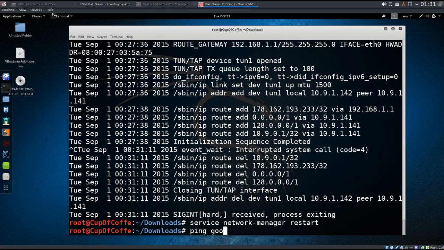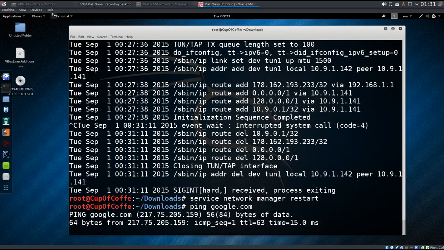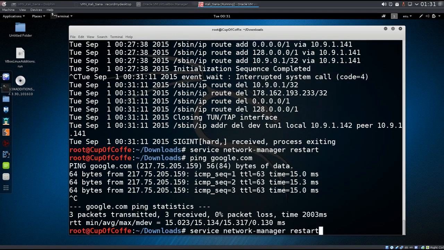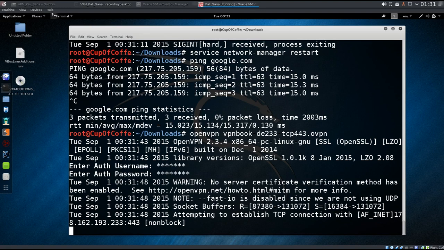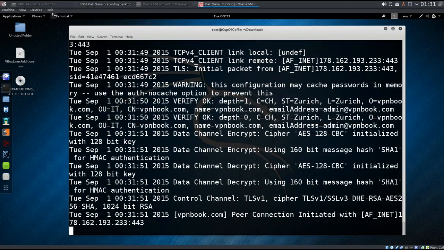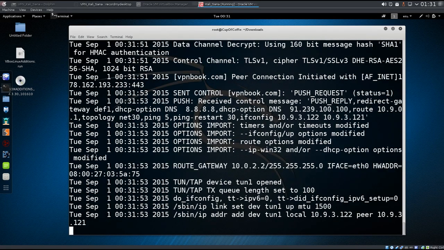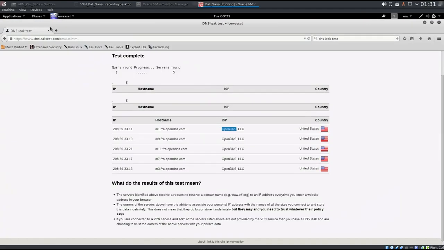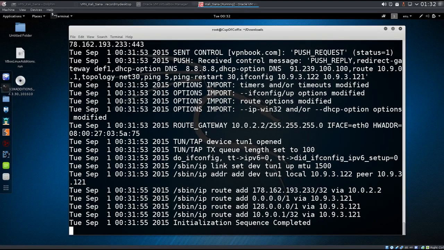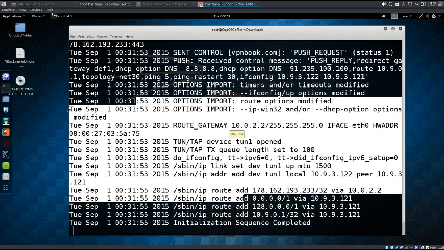Let's see if I can ping google.com. Okay, NAT is working. And let's see if I can connect to the OpenVPN. So VPNBook. Put the password and let it go through. Okay, initialization sequence completed. So it does work, but you see I had my browser open. So this is a bad idea. This is something you should not do. Close the browser and redo this process. Once you have redone it,